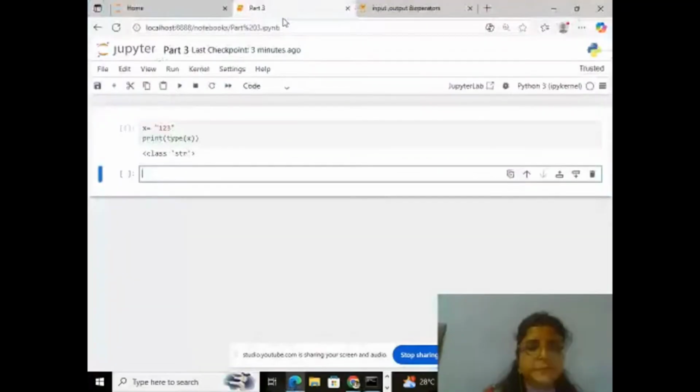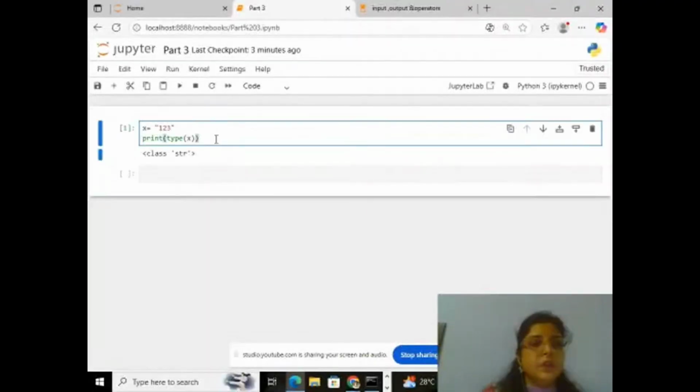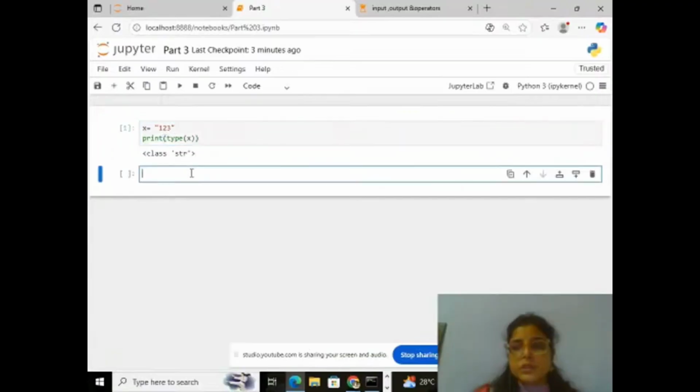So I wrote x is equal to 1, 2, 3 within double quotes, and then I asked print type x. So when I run this code, it shows me the class string because it is in double quotes. So awesome, you all remembered very well.